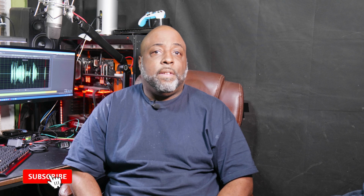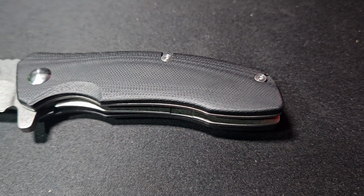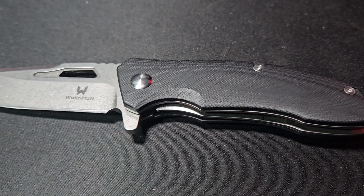The heart of any good knife lies in its blade, and the Wallopton does not disappoint. Crafted from CPM S35VN steel, known for its exceptional strength and edge retention, this blade cuts through challenges with ease. Whether it's slicing through tough materials or performing delicate tasks, the blade maintains its sharpness admirably. And additionally, its corrosion resistance ensures longevity even in the harshest conditions, making it a reliable companion for outdoor enthusiasts